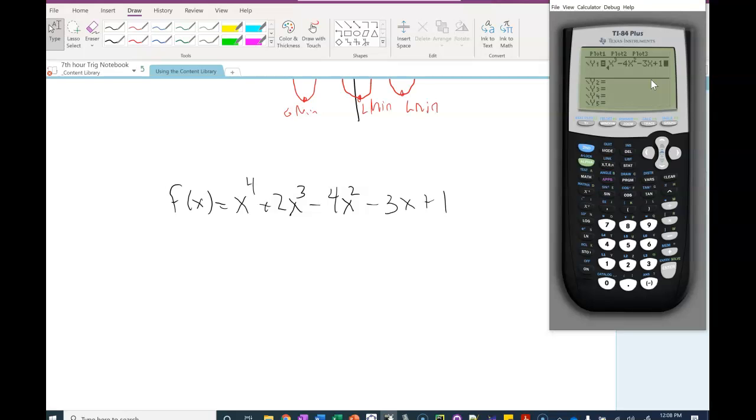I don't know the last time I used my calculator, so I have no idea what the window is, but what I can do that's easy is press the zoom button. One of the options there is ZStandard. That's going to give me a window going from -10 to +10 on the X and -10 to +10 on the Y. More often than not, that'll probably be a pretty appropriate window unless you're doing the graph for a crazy story problem where you're talking about millions of people or something. But in this case, it gives us a pretty nice looking picture right there without having to adjust the window